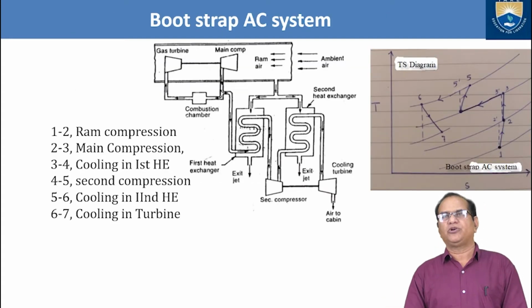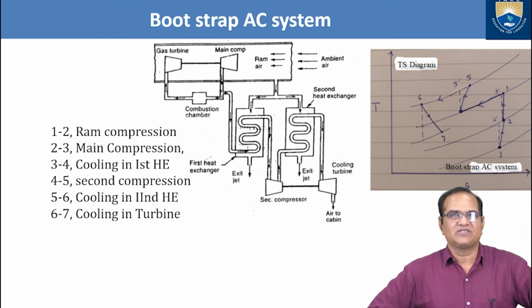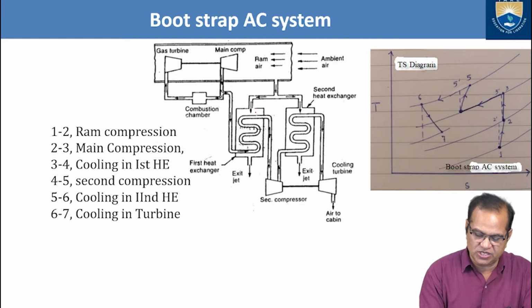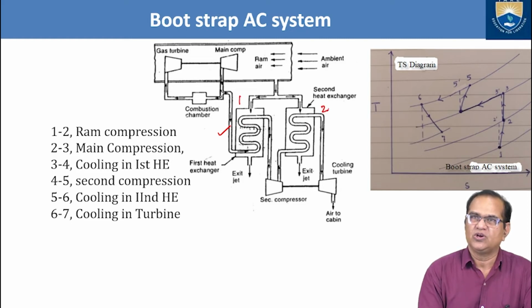So now the bootstrap air conditioning system. Here also, like the previous one, but here we have one addition. In the previous one only one heat exchanger was there, but now we have two heat exchangers. So here we have the second heat exchanger. That is the first difference. And here we also have the secondary turbine, and the secondary compressor, and then we have the cooling turbine, and from here this goes to the